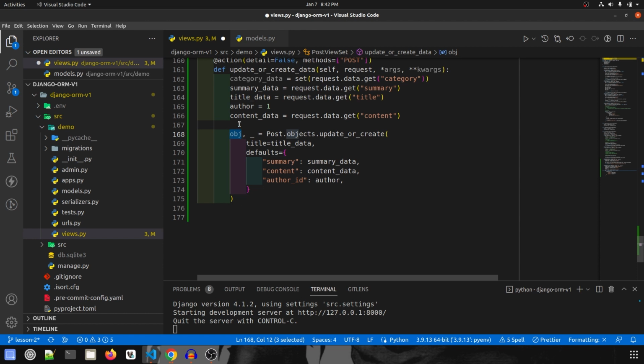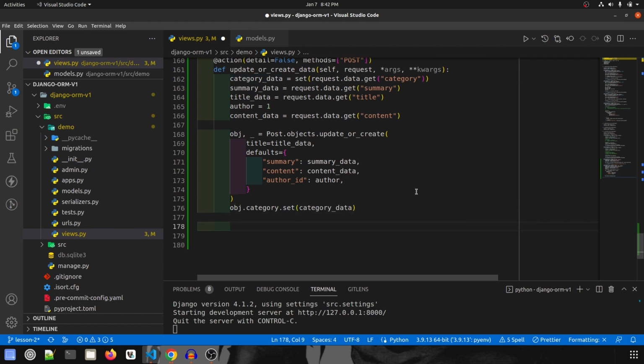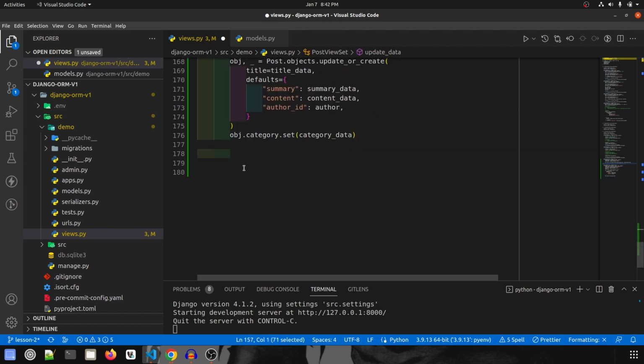Now once this is done, I'm going to update the category of this object. So object.category.set with the category data, and then we are going to return the response. So I'm going to copy it from here and paste it.